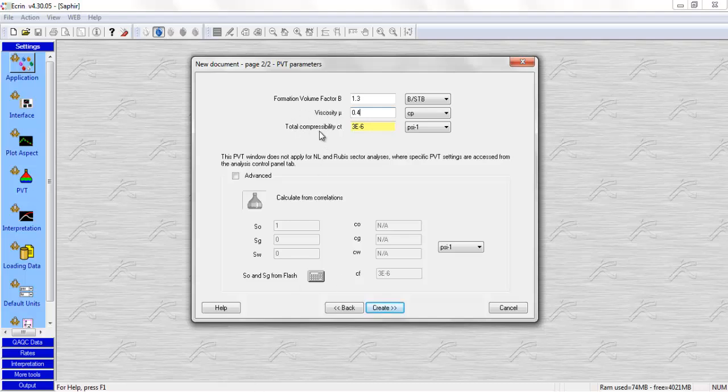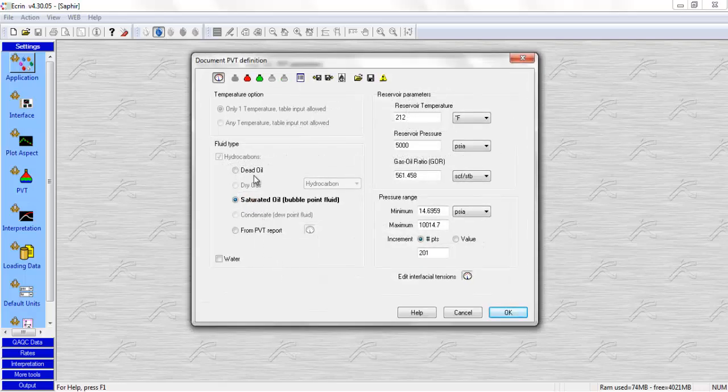You can input directly a total compressibility, or you can use the advanced mode here, input the different saturations for the different fluids with the associated compressibility, then the rock compressibility, and that's going to calculate the total compressibility as the sum of the rock compressibility plus the fluid saturation multiplied by the associated compressibility. So Cf plus, in our case, we've got some water saturation, so Sw multiplied by Cw plus So multiplied by Co. You can use some correlations for the PVT if you click on this, and you get different options,